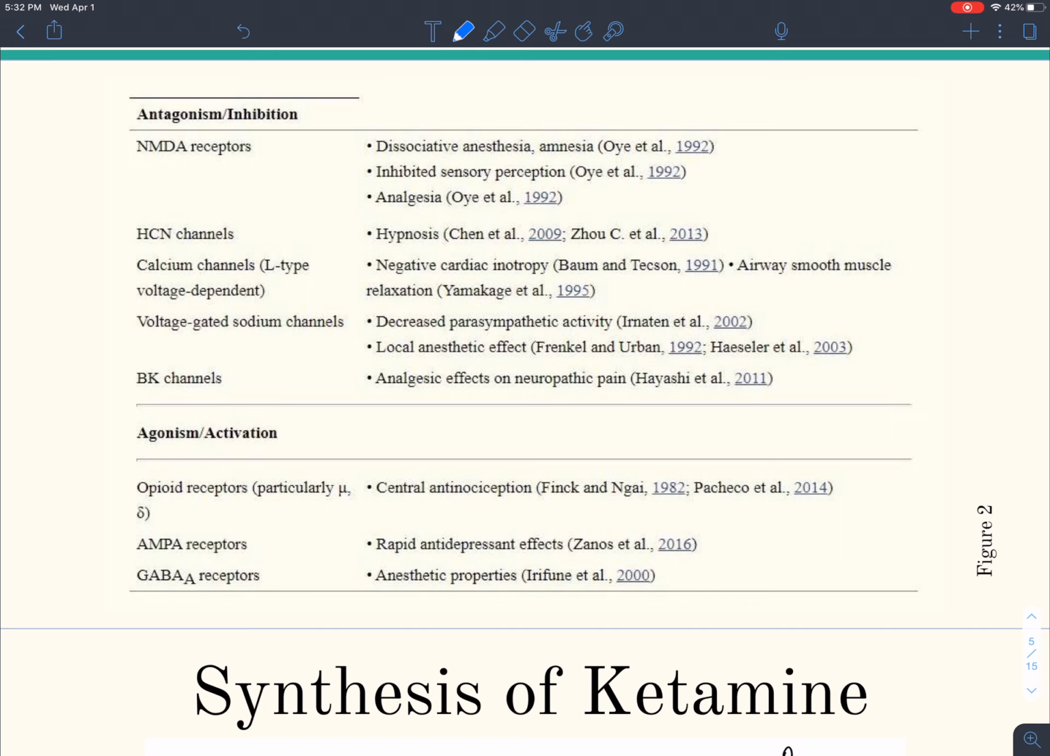So as you can see at the top, NMDA antagonism is going to create all three, as well as the antidepressant effects. But there's also been research investigating whether agonism by a metabolite called hydroxynorketamine, antagonism of the AMPA receptors, is maybe what's also causing the rapid antidepressant effects. Overall, though, you can see that there are a ton of different places that ketamine and its metabolites are acting